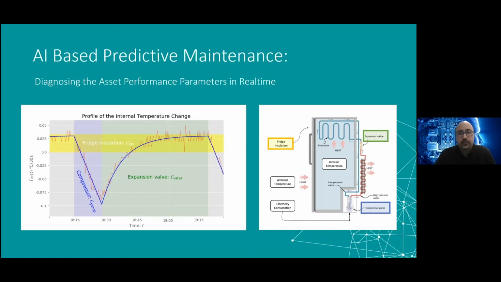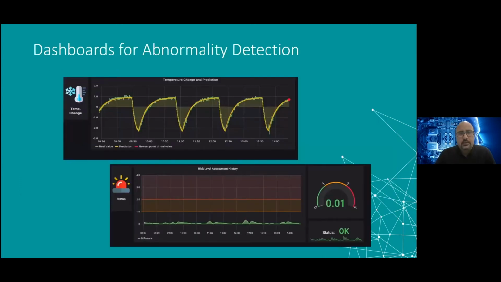And if you can see in this picture, we're trying to diagnose the asset performance parameters in real time. And with this system, we managed to create a dashboard, which you can see in this slide, with live data from each asset at different levels, to be able to compare the predictive model with the real data that is live in the system. For example, here the yellow color shows the predictive and the green one shows the real information. You can see they follow each other.